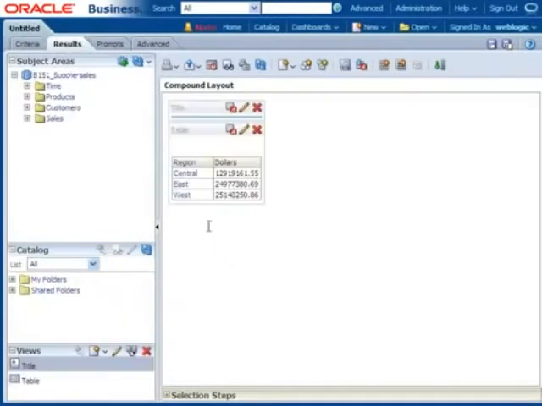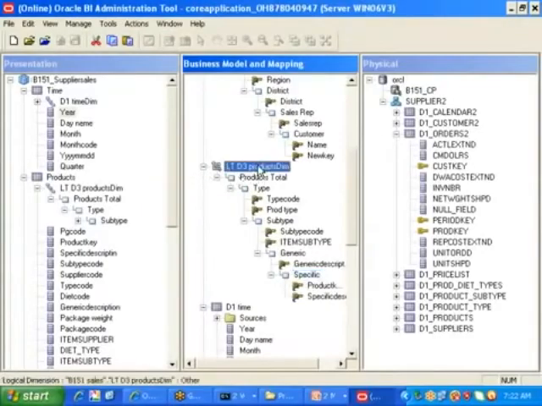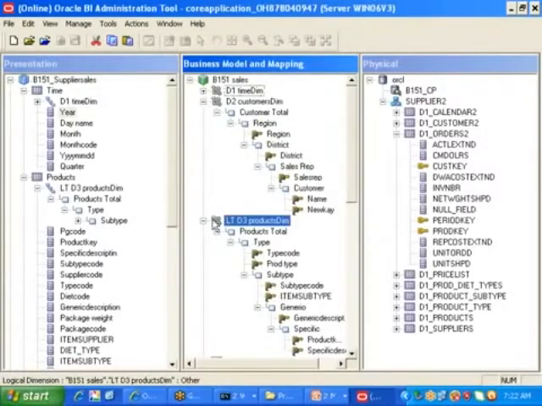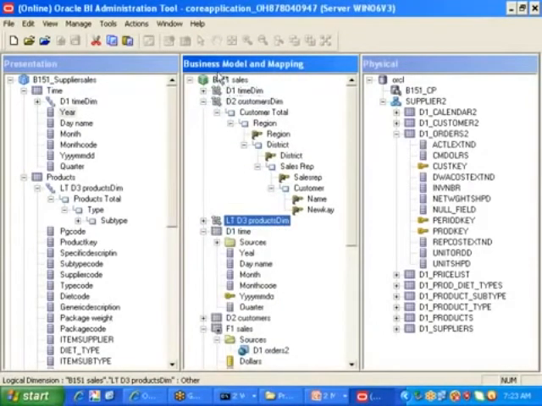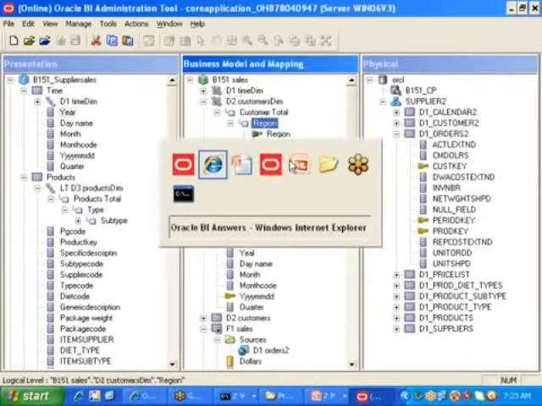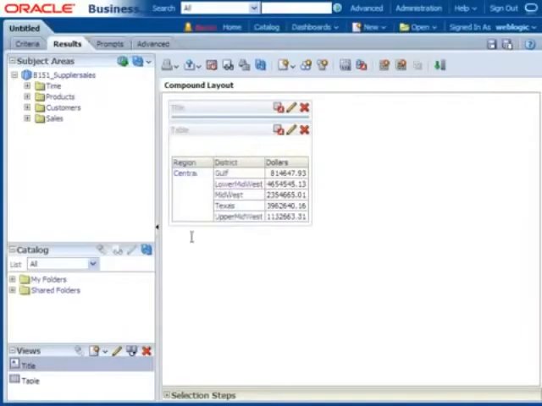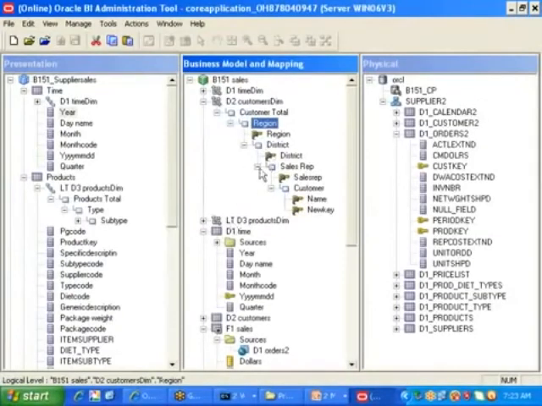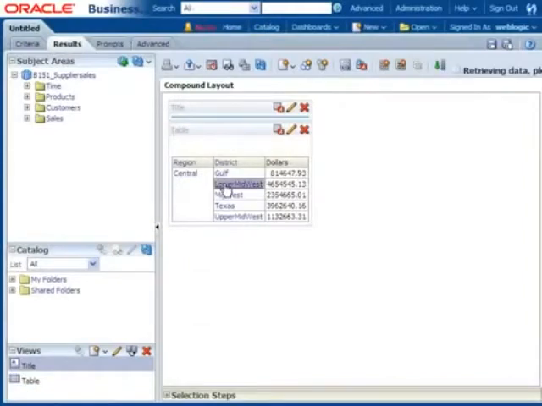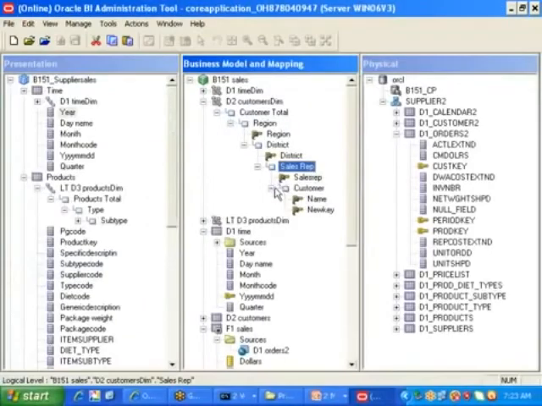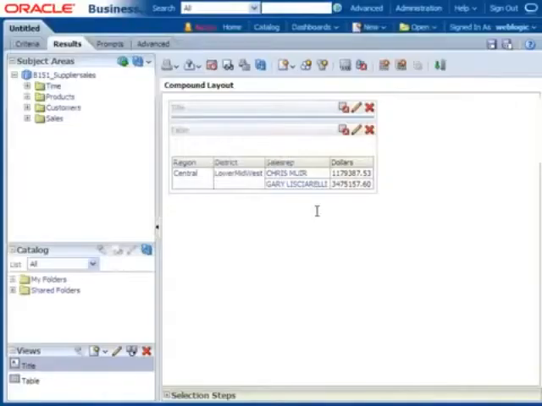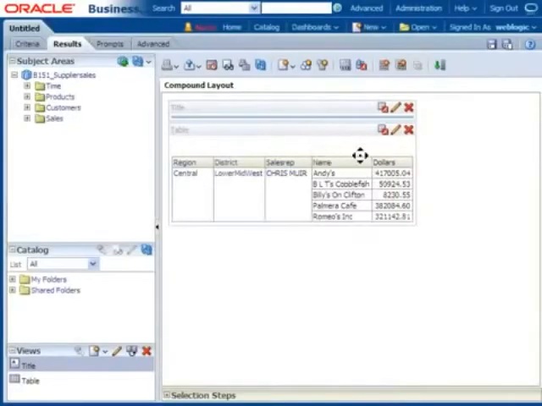Now if I click on central region, where should it go, sir? Observe only this hierarchy. Observe only this region. If I click, where should it go, sir? District. I am clicking on central, and it is going to the district or not? Going to district. Next, if I click on the district, then where should it go, sir? Sales representative. I am clicking on the sales representative, let us say lower Midwest, then it is going to the sales representative. I am clicking on sales representative, then it should go to customer name or customer key, which is the display column. Name. So I am going for that one, and it is automatically displaying customer name. So is my hierarchy working properly or not? My hierarchy is working properly.